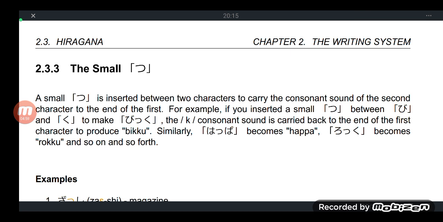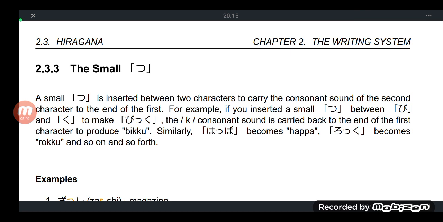A small tsu is inserted between two characters to carry the consonant sound of the second character to the end of the first. For example, you have two hiraganas. When you place the small tsu in between those two hiraganas, the effect is that it doubles the consonant, or rather the first consonant of that second hiragana or second katakana. So when that consonant is doubled, when you pronounce it,